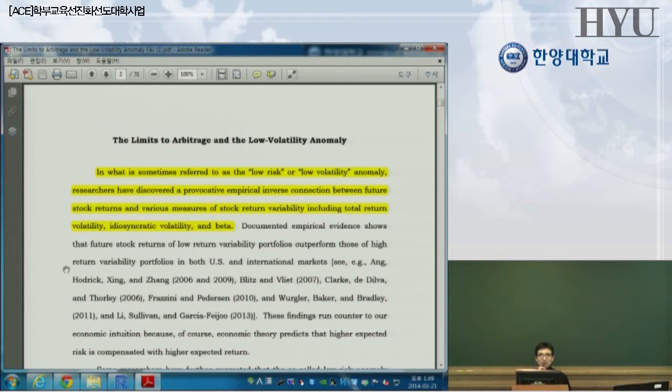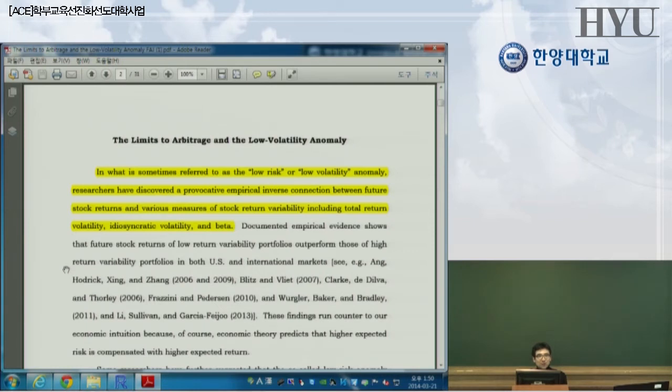Similarly, we can calculate idiosyncratic volatility. We apply a capital asset pricing model or Fama French 3-factor model, and then there is a residual term, right? We collect the residual term, and then we calculate its standard deviation, and that is idiosyncratic volatility, and sometimes we use beta. The low risk anomaly, the provocative empirical inverse connection, says that if a stock has high variability, like high standard deviation,